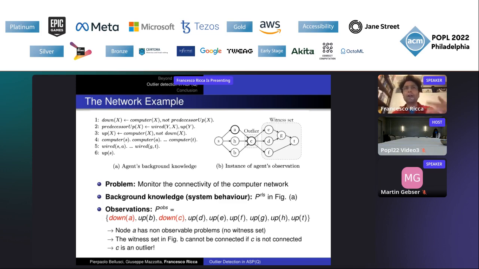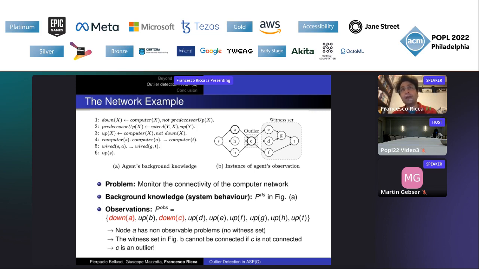And then if you look at the agent knowledge that is modeled by the program in figure A, you will notice this definition. Now, together with this program, P rules, we have some observations, and we know that A and C are both down. Well, this is rather strange because you see, before A, S, the source, is up, and also